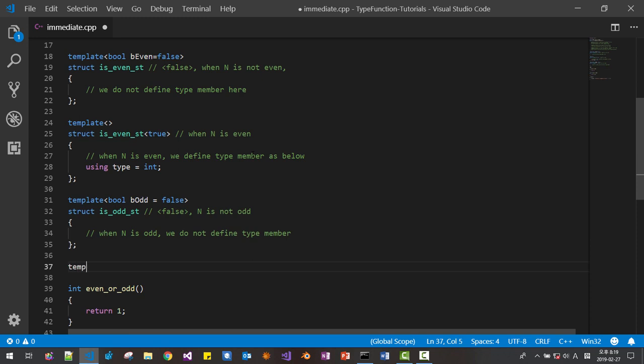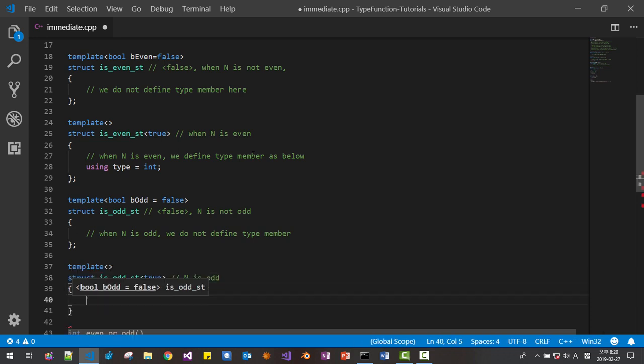This is the specialization. Template struct is_odd_st true. N is odd.